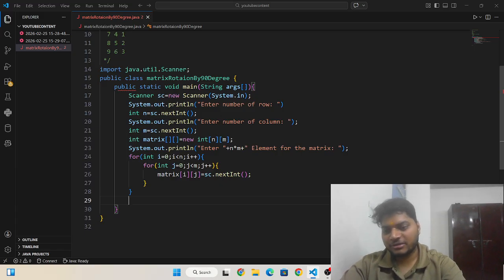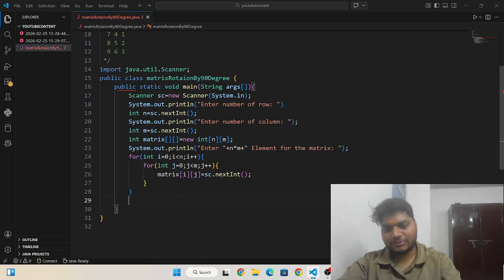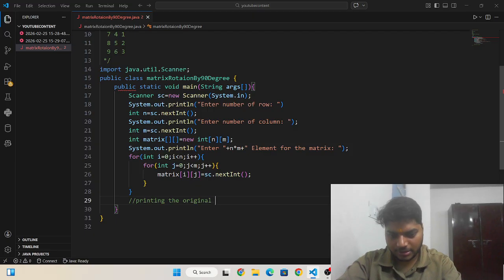Now I am going to print the matrix, then I will write the logic to transpose the matrix, and then I will reverse the elements of the transpose of the matrix. Okay, I need to write here, I am printing the original matrix. So I need to write here for